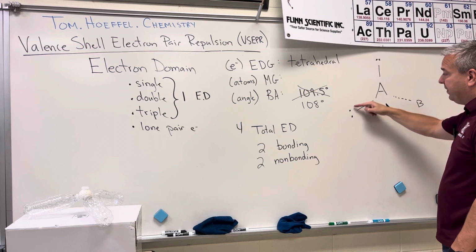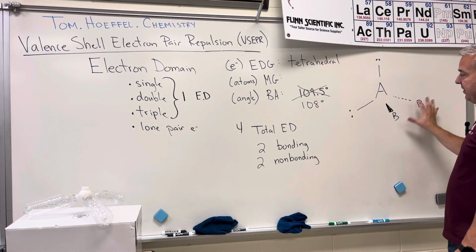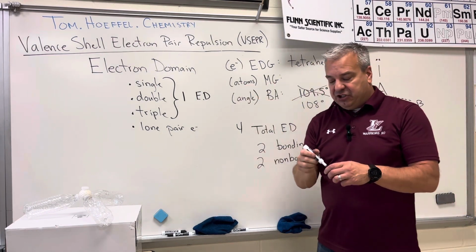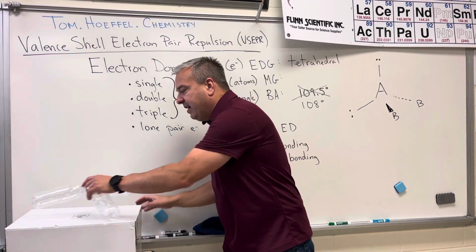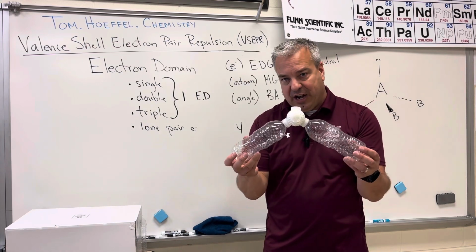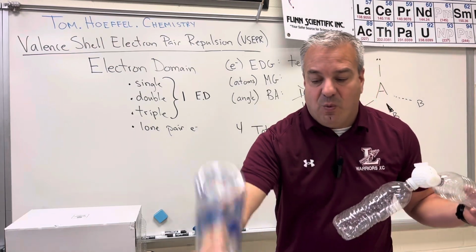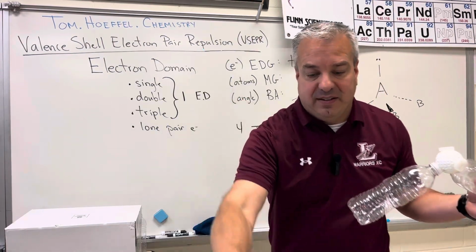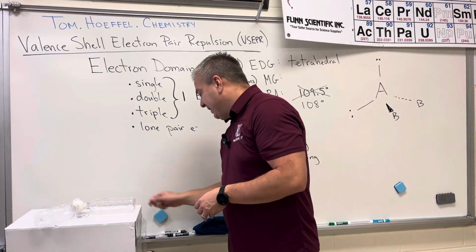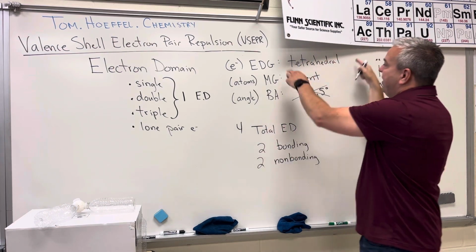However, since 2 of them are non-bonding, when we talk about molecular geometry, we're talking about the shape that just the atoms make up, because molecular geometry is the shape that the atoms make up. So I'm going to come in here, and I'm going to take off another water bottle, okay, and talk about this shape, okay? You've seen this before, okay? You saw this when we took one off of this one, we called it bent, okay? So this shape, again, is bent, but the bond angle is different than last time